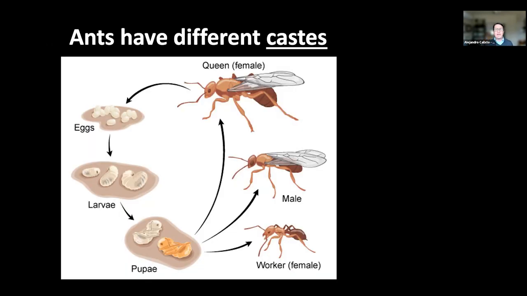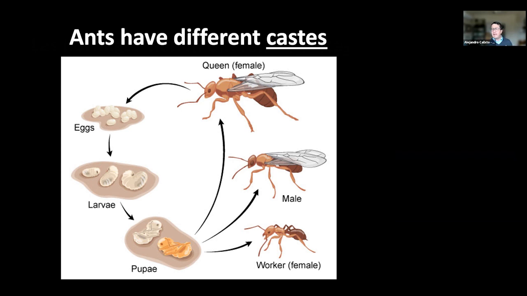And this is a quick snapshot of the life cycle of ants. You have a queen, which is the reproductive individual of the colony. Once the queen mates, she finds a place, and the first thing she starts doing is laying a lot of eggs. Once those eggs hatch, they become larvae, then pupae.